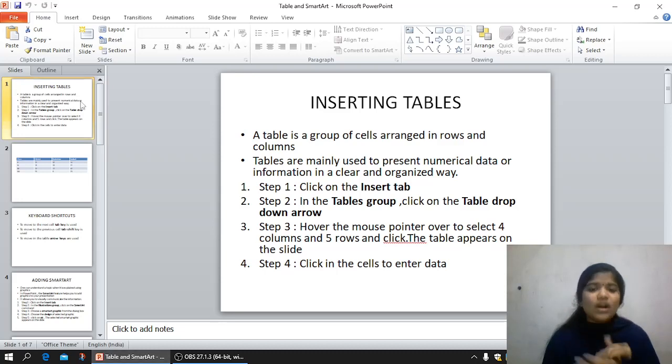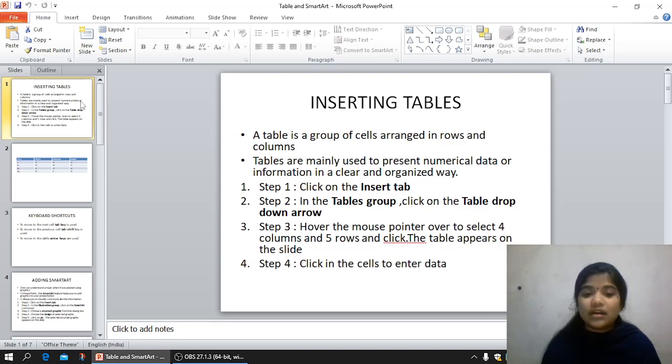Why are we using tables? Tables are the best method to indicate something in an arranged way. Simply we can say that a table is a group of cells arranged in rows and columns. So in our table we will have both columns and rows. In this area we can type the data, and also we can have the column header and row header.